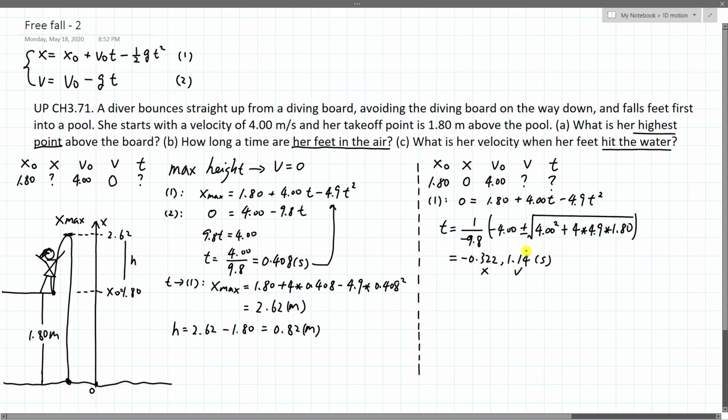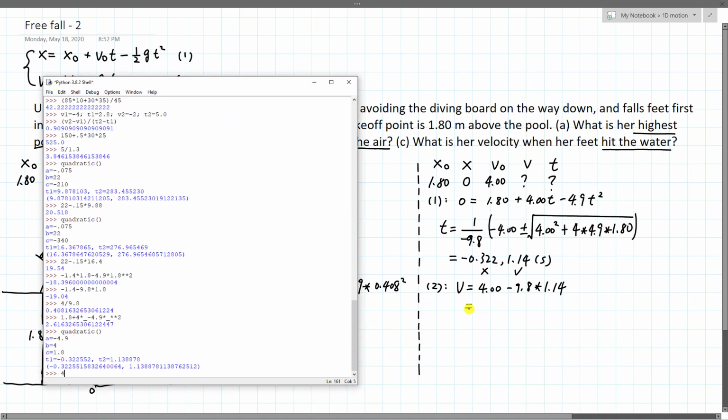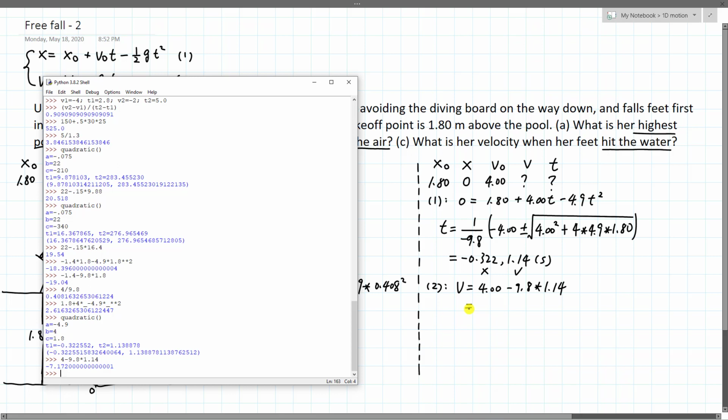And we can take this answer to our equation 2, where we can get the final velocity. So 4.00, I think I can just type it up, 4 minus 9.8 times 1.14. So we got a negative velocity, 7.17. It makes sense because she's coming down and getting into the water, right? So minus 7.17